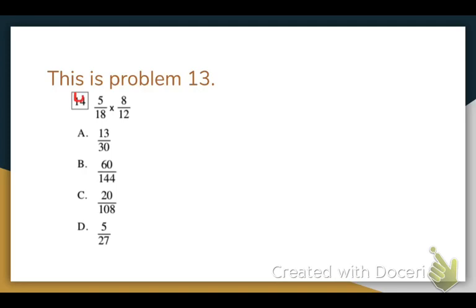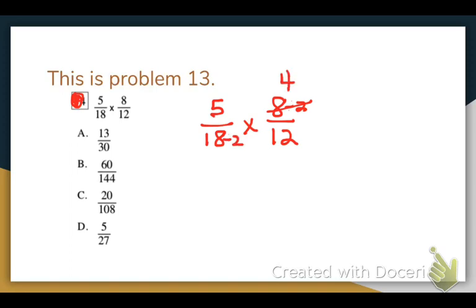Problem 13. 5/18 times 8 over 12. So again, we need to start with a fraction times a fraction, which we have, and we can simplify. Looking at 8 and 18, they're both even numbers, so I can divide by 2. Get 4 here, divide by 2, and get 9. And I can't do anything with 5 and 12 looking diagonally there, but I've got this 4 and 12, and